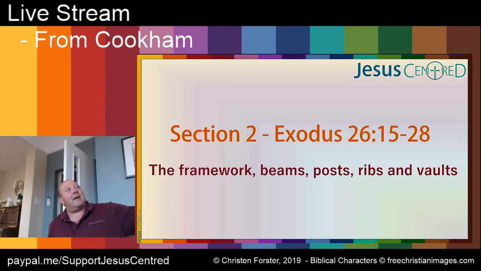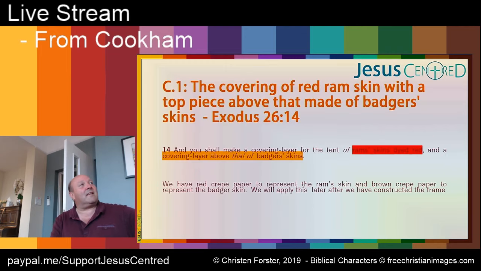And so far I've not missed out any verses. We're up to verse 15, but there's nothing here that I've added. Just wanted to get that across. We've not added anything so far, but we've now got physical things that represent pretty much everything we've read about. We haven't got loops and fasteners, but